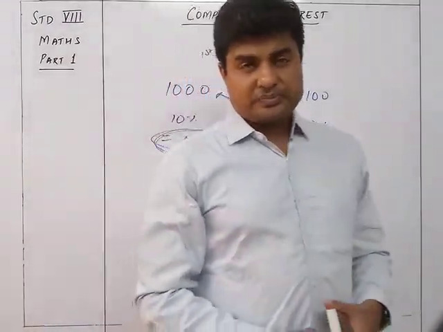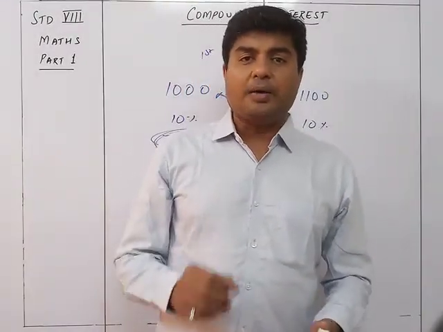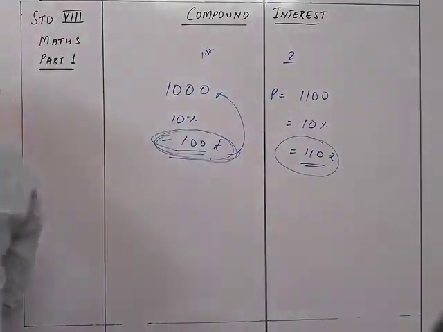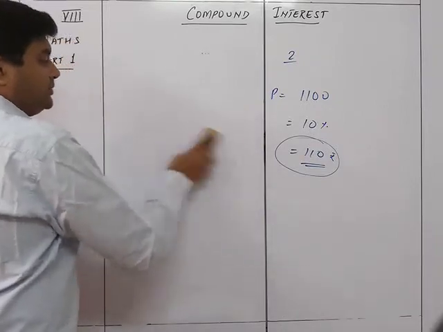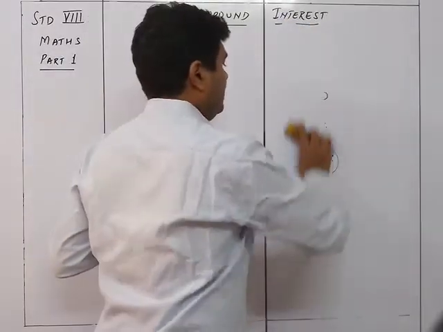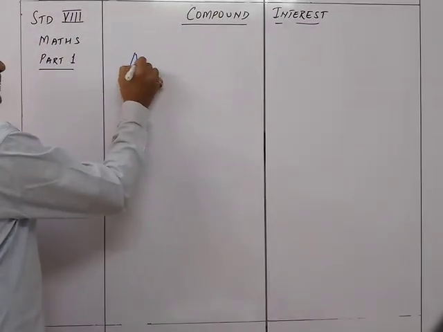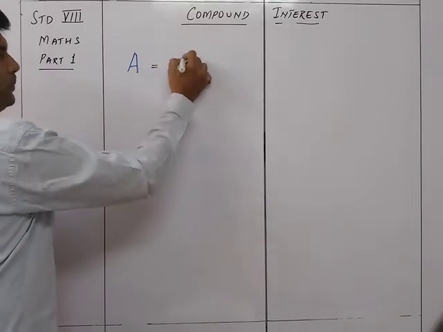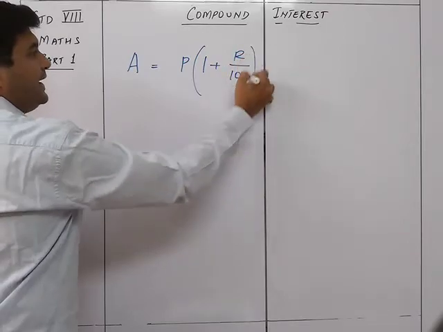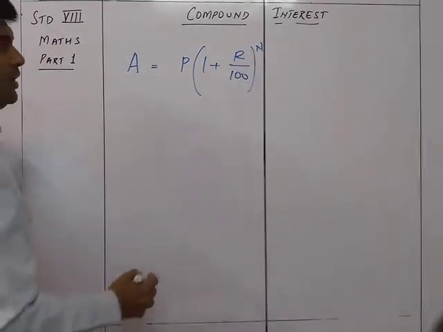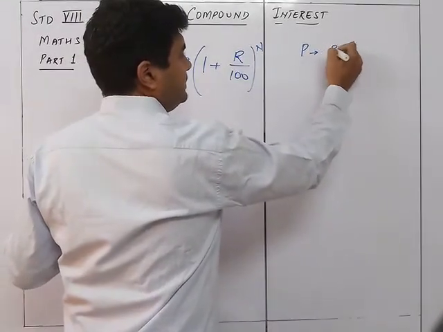called compound interest. So when you talk about compound interest, there is a simple formula to calculate the amount in terms of compound interest. Let's see the formula first and understand what the different terms in this formula are. We have the formula A, that is amount, is equal to P into 1 plus R upon 100 raised to N, where